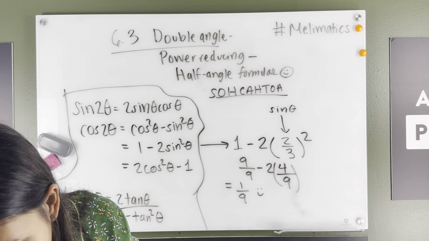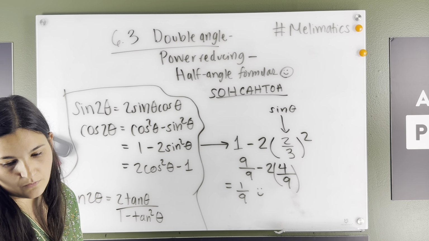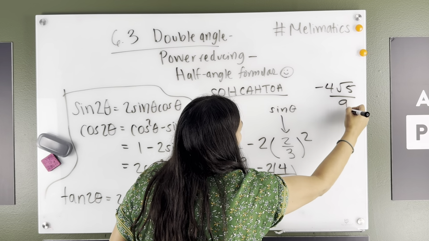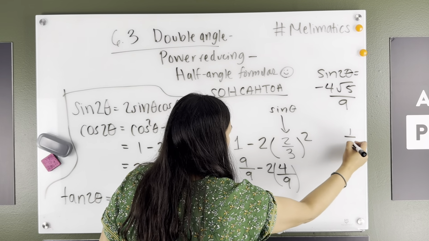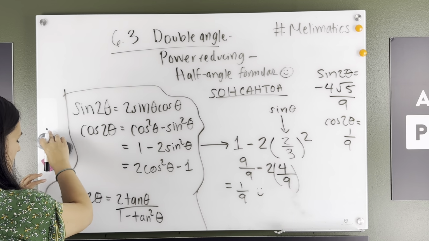We got that the sine of 2 theta is negative 4 over square root of 5. So we got this for sine of 2 theta. Right? We got 1 over 9 for cosine of 2 theta. So now for tangent 2 theta,